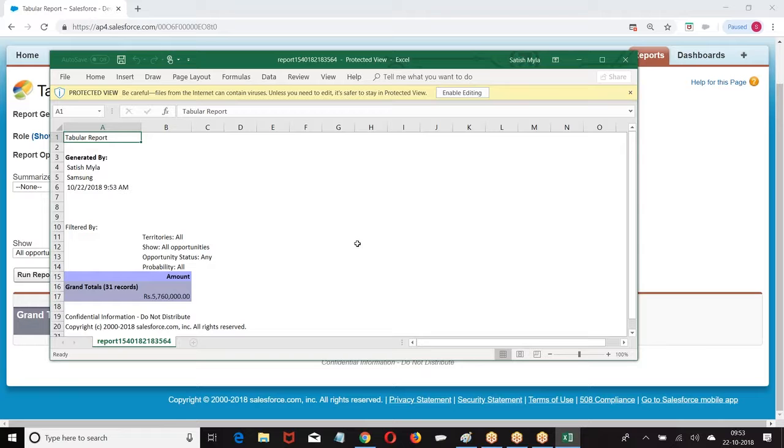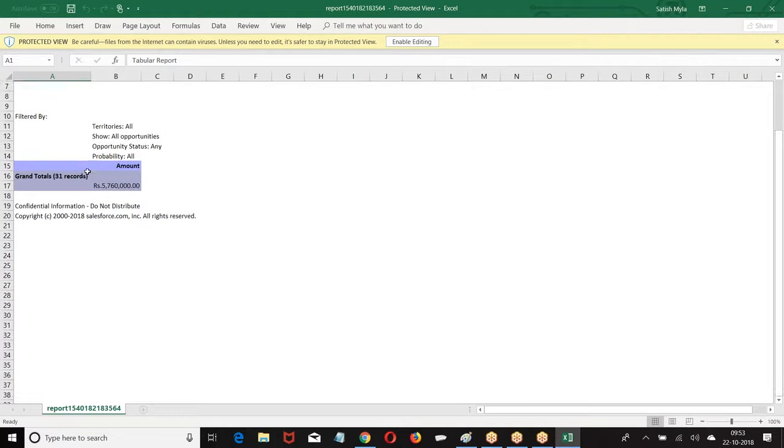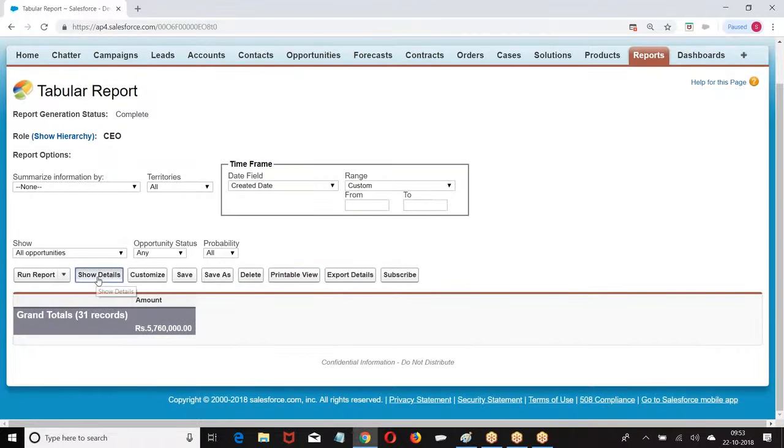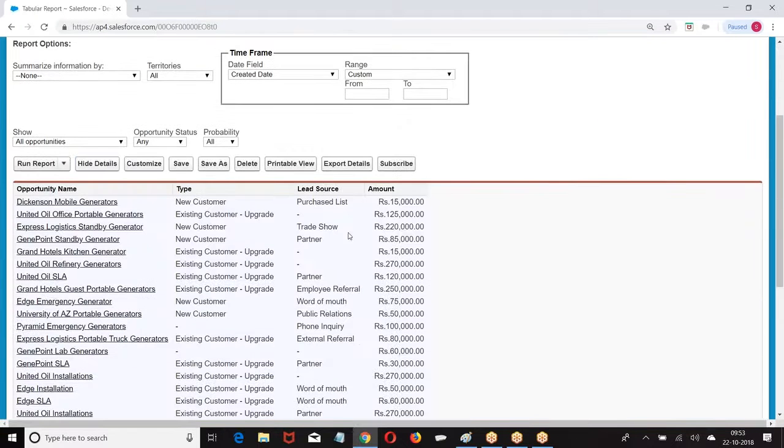Now look at the data what we are getting. This is a grand total. What is the exact format we are putting here? Suppose if I say show details.